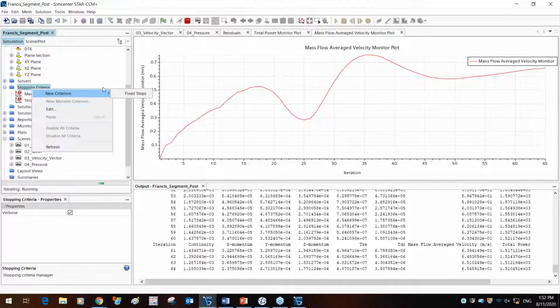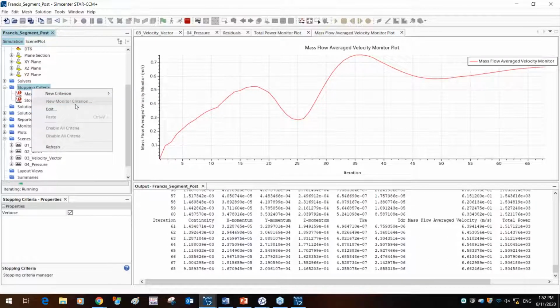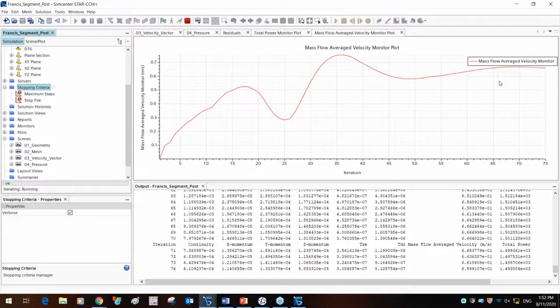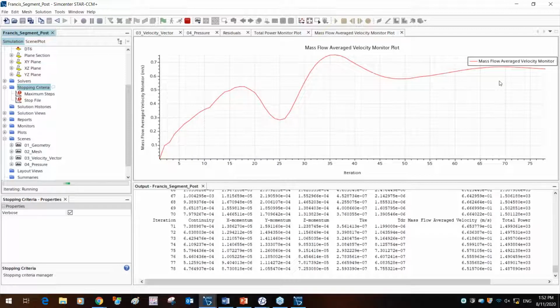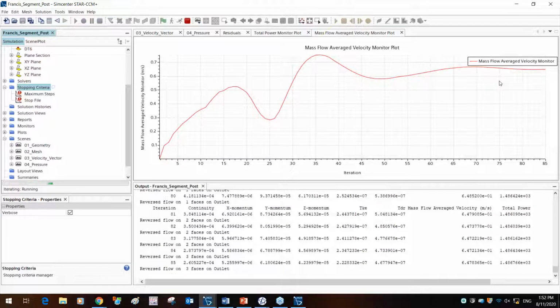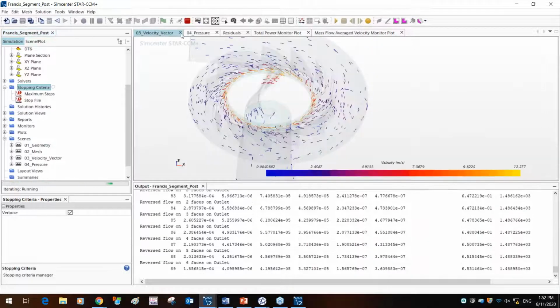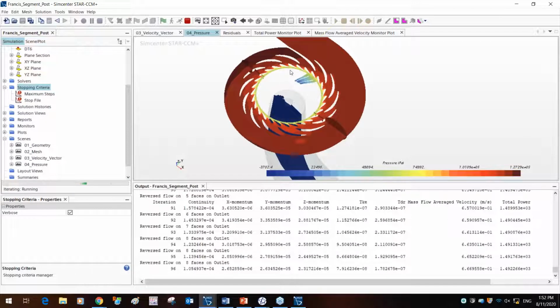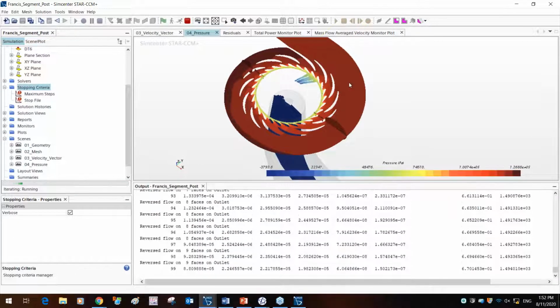The simulation is still running, but you can create a new monitor criteria which looks at, if the delta in the mass flow rate is less than 0.01%, stop the simulation, which is a cool feature where you don't need to run the simulation for 2000 iterations essentially for it to develop. So this is the simulation being run.